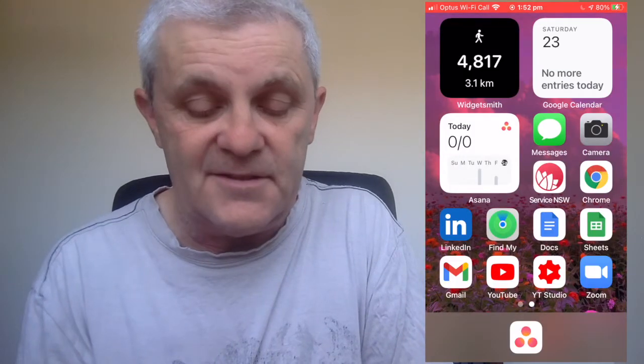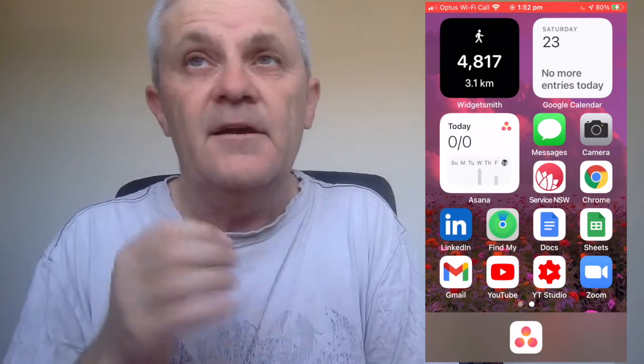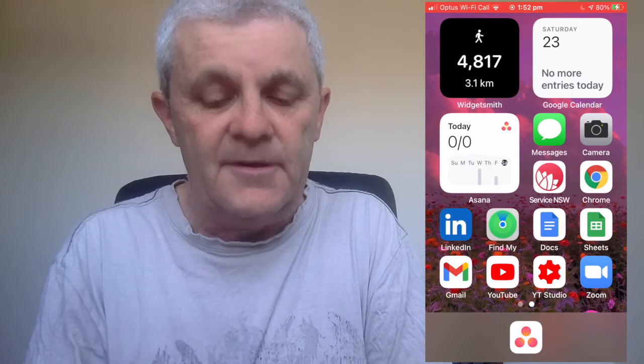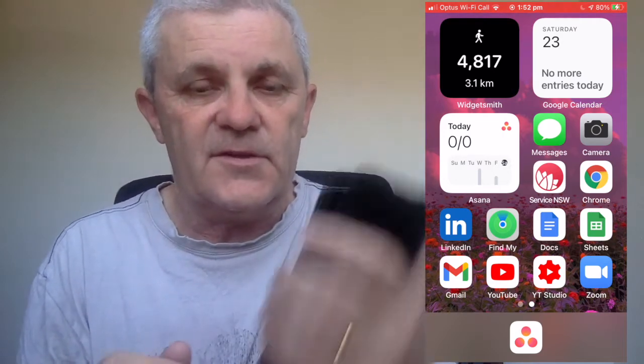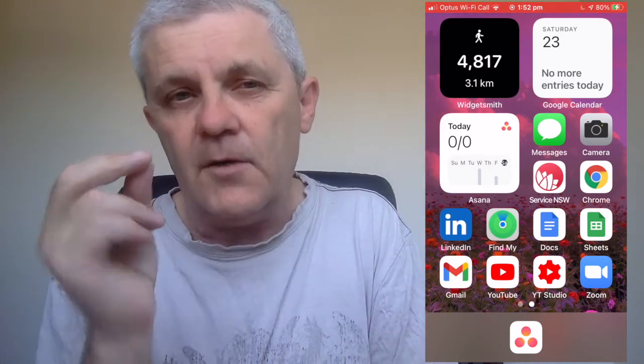Now you can see messages is there, camera and Service NSW. Service NSW is for New South Wales, which is where I live. And that is used for me to be able to check in when I go to a cafe, for example. It's in Service New South Wales for the QR codes. Same with the camera. I want those to be at my fingertips.